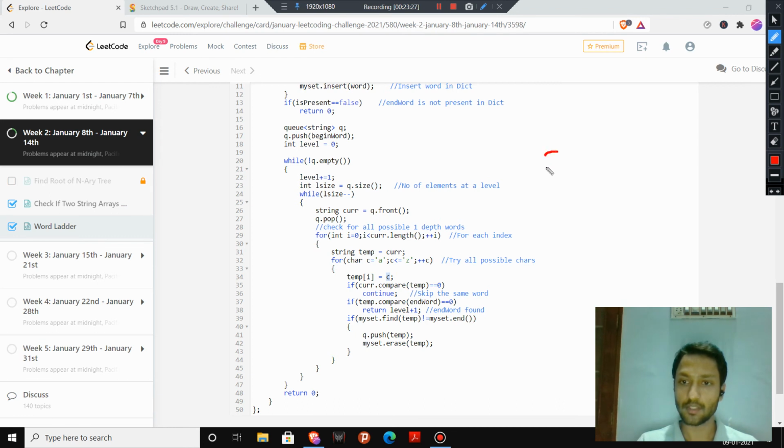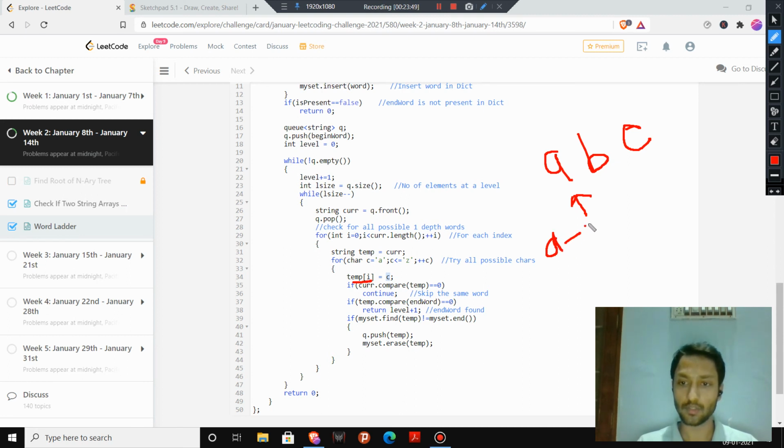If I have A, B and C, then I am talking about this one here. Okay, our temp[i] is this only. So we will iterate from A to Z and put values from A to Z in this position.